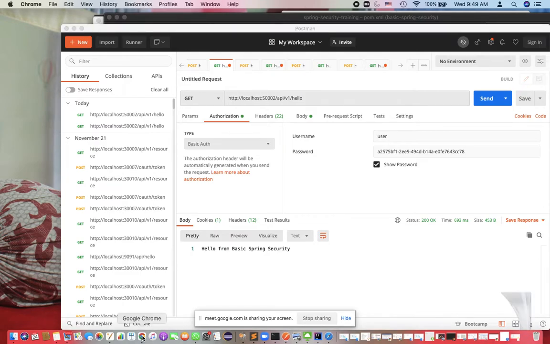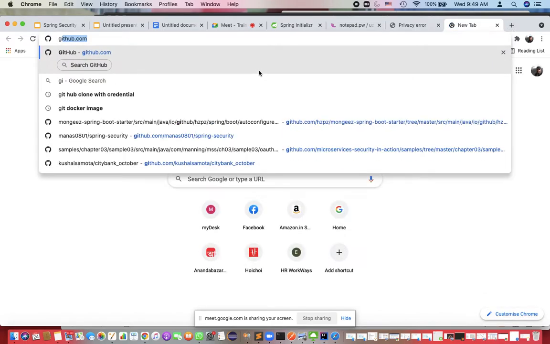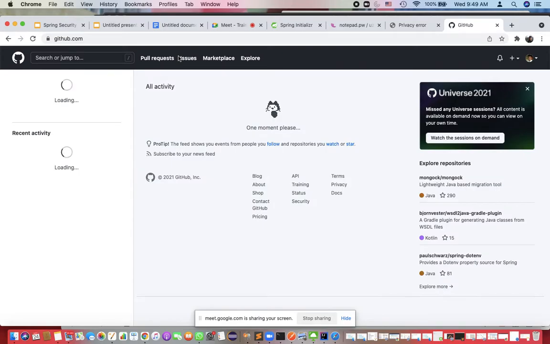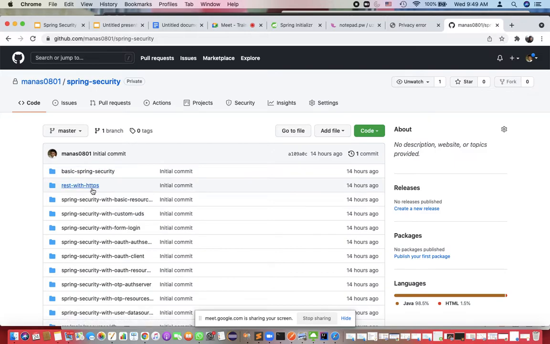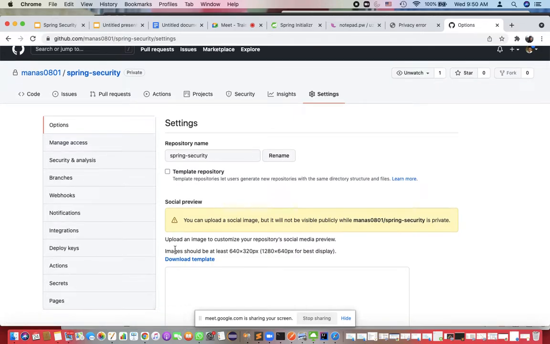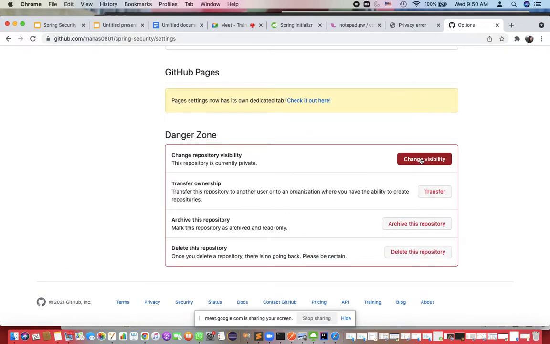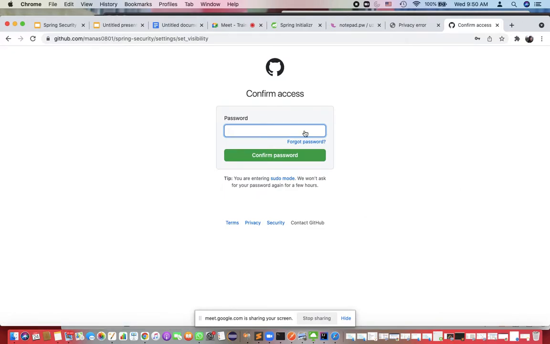I'll do one thing. I already uploaded the similar project in my GitHub account, but मैं अभी उसको private रखा था, मैं उसको public कर देता हूँ, right? So if you can see basic Spring SQL REST with HTTPS, these two will be always available. If you have any question, anything, you can, ठीक है, यू कैन टेक ए लुक. एंड जो वीडियो है वो मैं ट्राई करूँगा, पॉसिबल है तो आई रिकॉर्डेड इट बट आई विल ट्राई टू अपलोड इट।